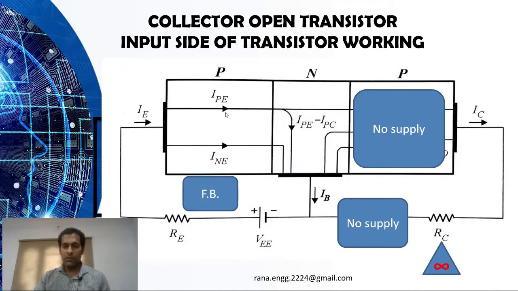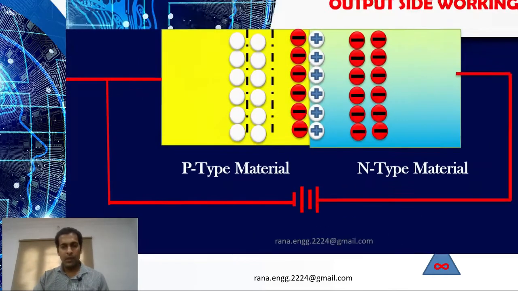So we have majority currents in the condition when the output side is off. The output side has no supply, so this part is not working, and the input side is working in forward bias, and the current will be due to this particular majority current, and there will be a small minority current at this particular site, and the output resistance will be infinity because it is off. So there is infinite resistance, meaning there is no conduction of current.